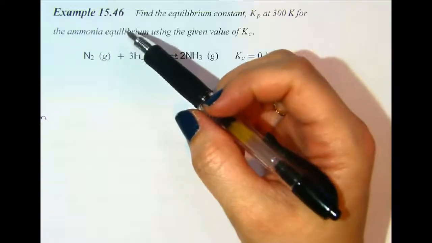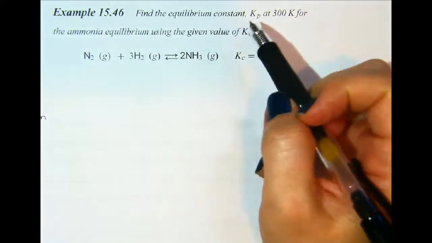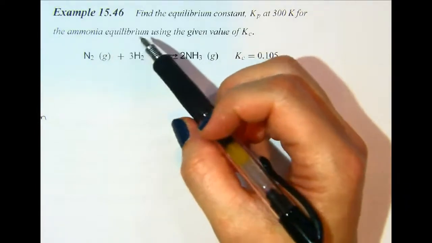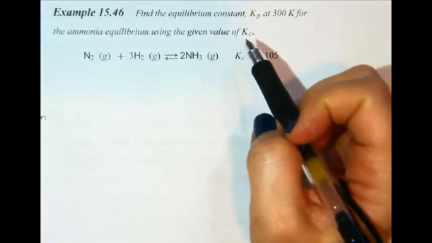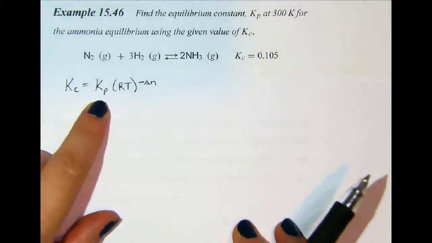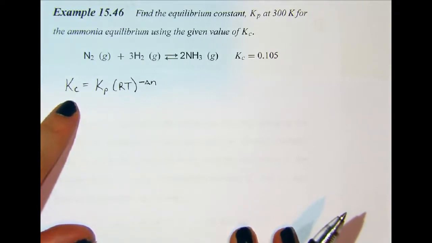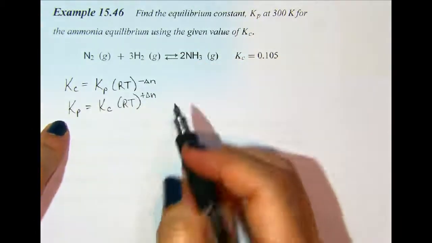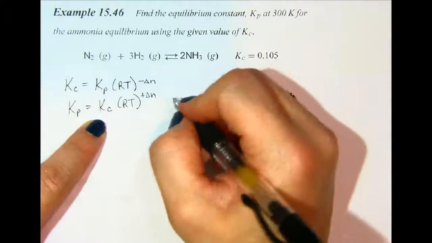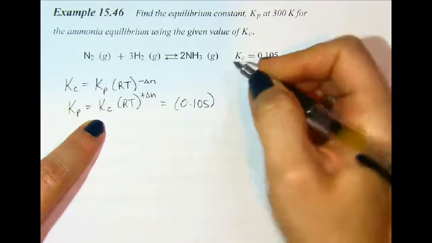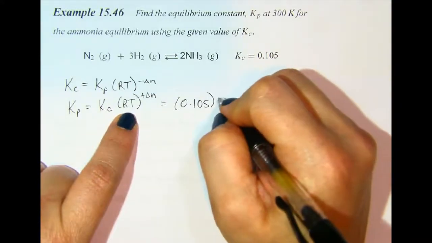0.105. Example 15.46, find the equilibrium constant Kp at 300 degrees Kelvin for the ammonia equilibrium using the given value of Kc. So recall that there's an equation we can use that relates Kc and Kp. Actually, we want to use the one that solves for Kp, delta N. So now I can plug in my values. Kc is 0.105, and that's going to be times